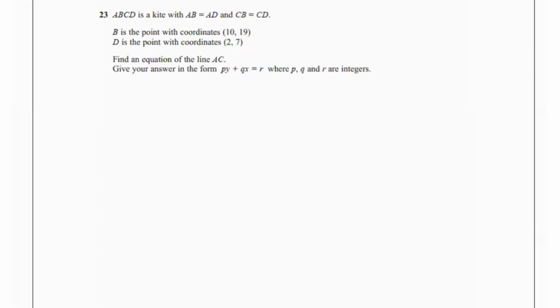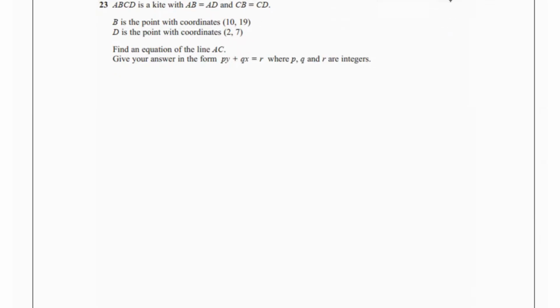This question says that ABCD is a kite with AB equals AD and CB equals CD. B is the point with coordinates (10, 19). D is the point with coordinates (2, 7). Find the equation of the line AC. If we draw a rough representation of our kite,